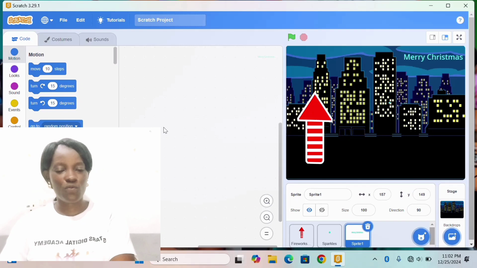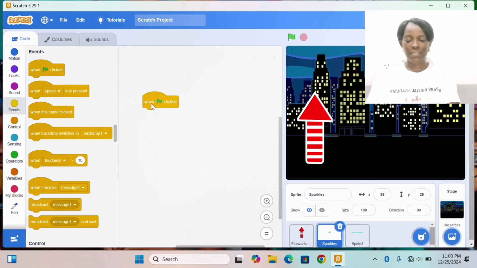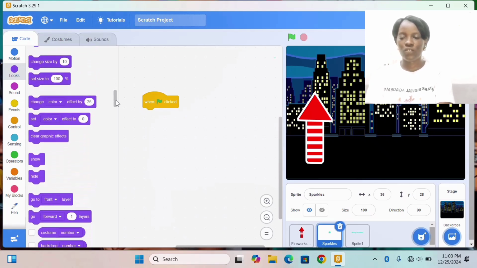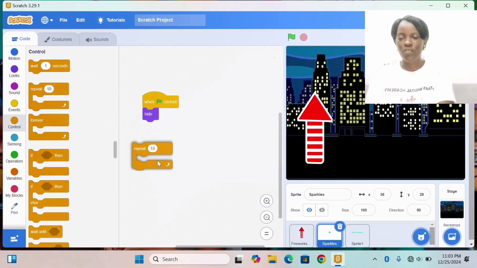So the first we'll be coding is a sparkle, right? So we go to the event block and say when the green flag is clicked, hide. We don't want the sparkle to be seen at first until the fireworks is shot. Is that okay? So when the green flag is clicked, hide. Then go to control and pick the event block. When it hides, we want it to